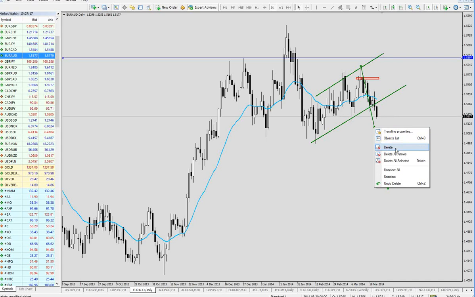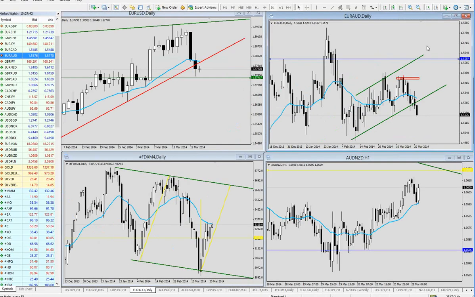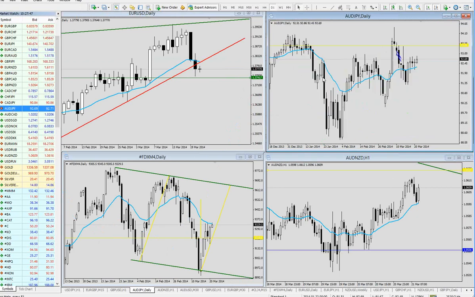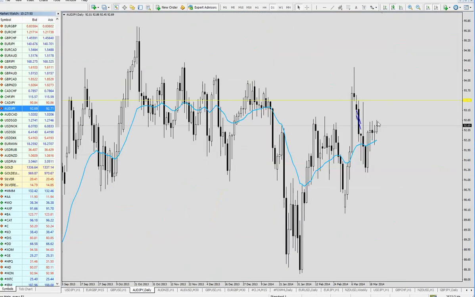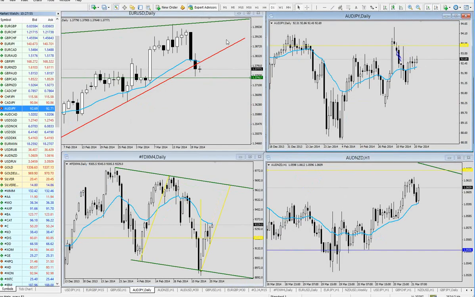So again, looks like Aussie, based on what I've shown you already, has a chance to be stronger, because we are going to watch Aussie QE from the long side. We are going to watch Euro Aussie from the short side. So looks like Aussie has a chance to be stronger. So the final one in regards to Aussie is Aussie yen. But I would be very careful with Aussie yen, because looks like